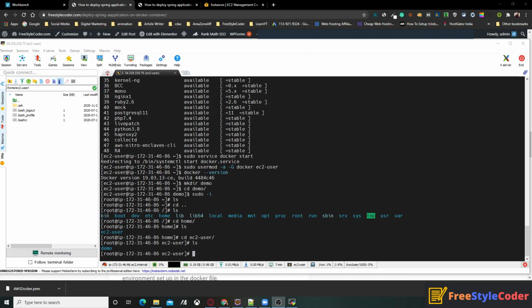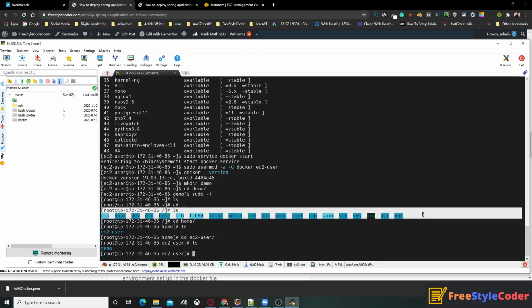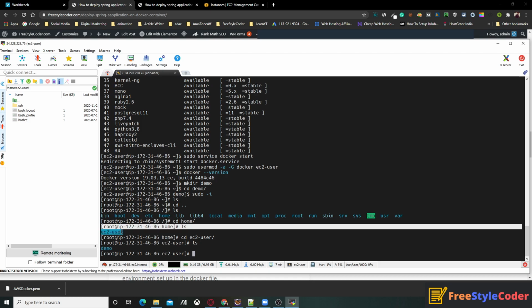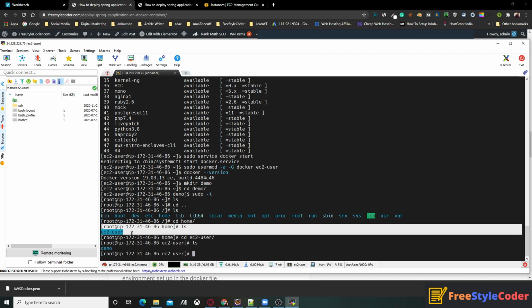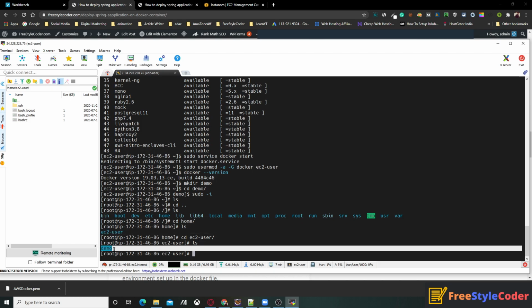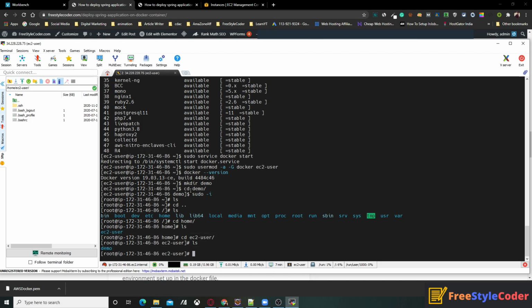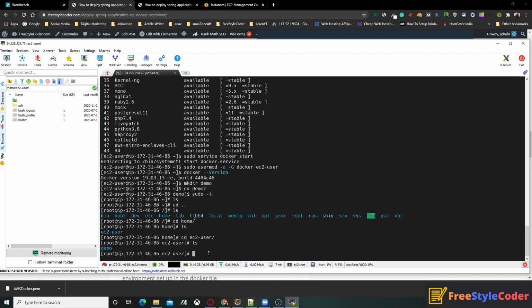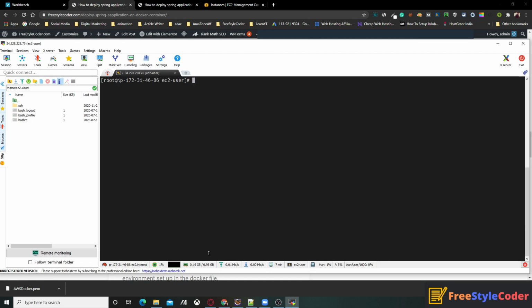In the root user you will find all the directory folders over here. In that directory, go inside the home folder. Inside the home folder you will find all the users. Then go inside the user folder, you will find the folder which we created earlier. So this is the demo folder we created. Now let me clear the screen. ls, the demo folder is there. Go inside the demo folder, cd demo.